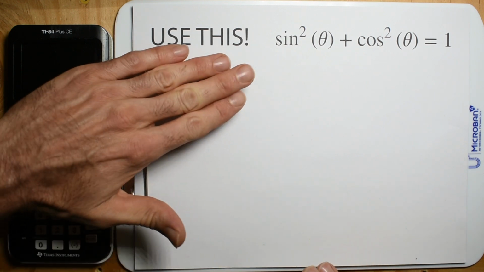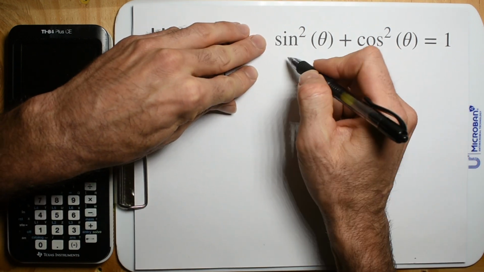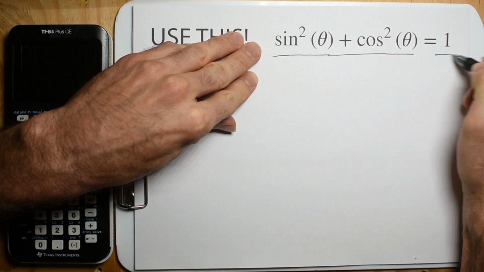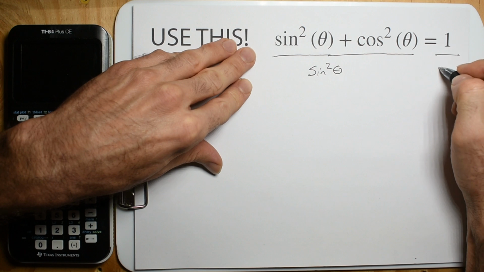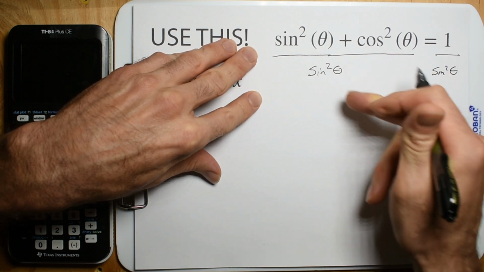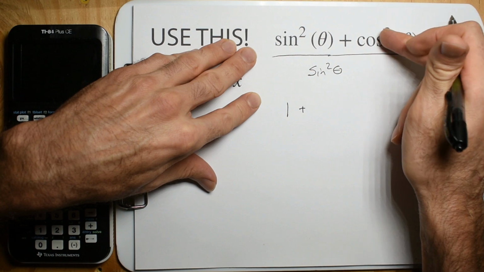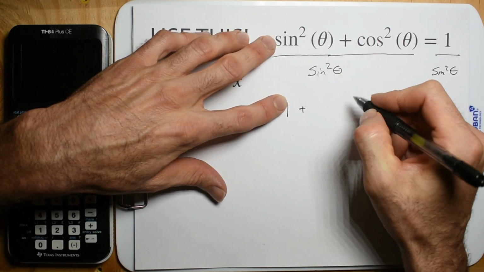So what we're going to do is just this part. Heck yeah. On this, we're just going to divide both sides by sine squared theta. You know what I mean? That's pretty sweet. And this is going to be 1. And then this one's going to be cosine squared divided by sine squared. And we just get to it. That's going to be,